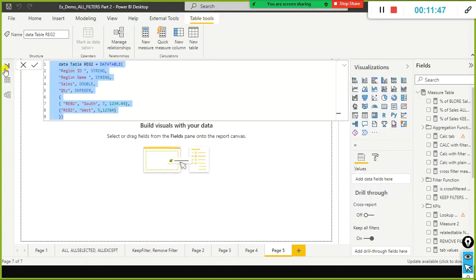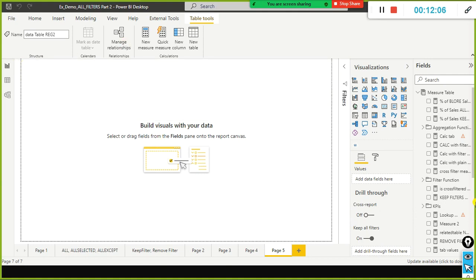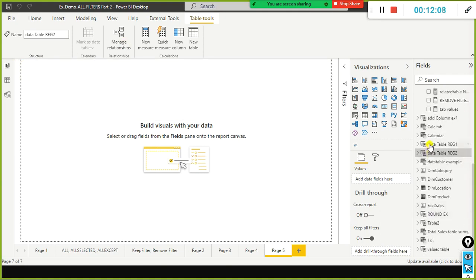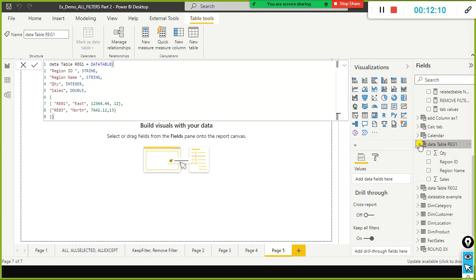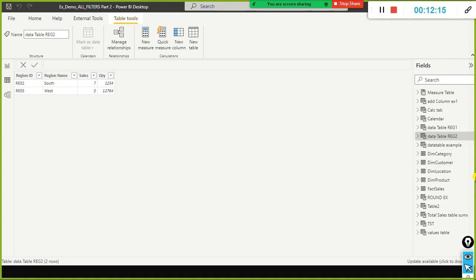So I just click on this report canvas view and data table reg1, data table reg2. The naming convention I have given in order for you to understand. After this session I will be uploading this file also, so that you should look here. Two tables got created. So the data table function returns a table. If you want to create any temporary table, look here, data table reg2 holds this data in it,